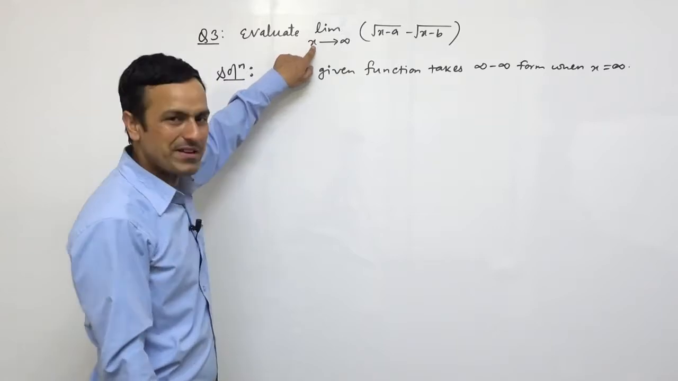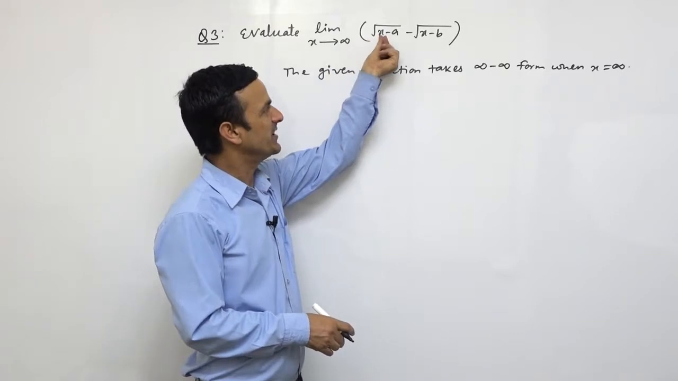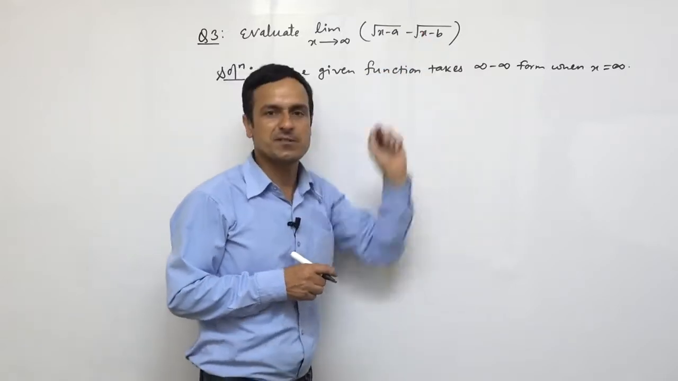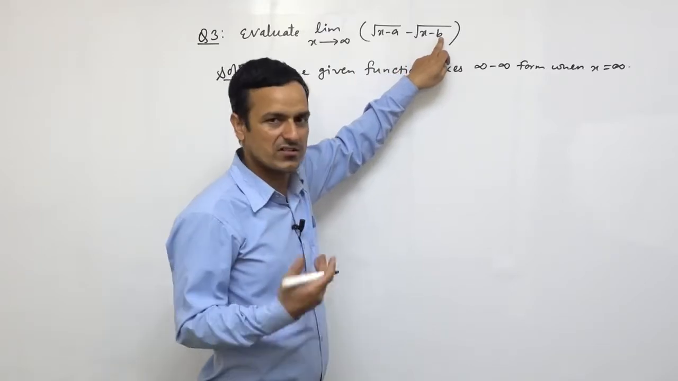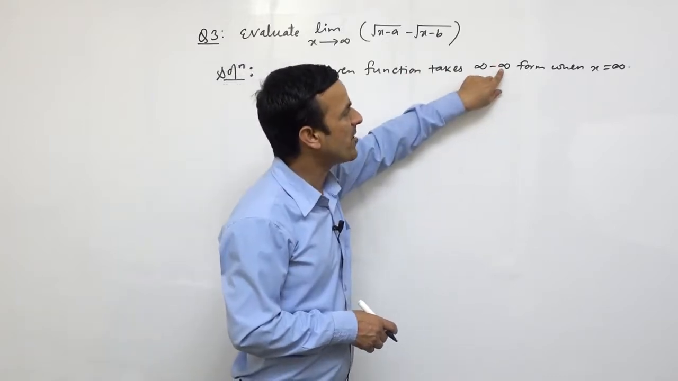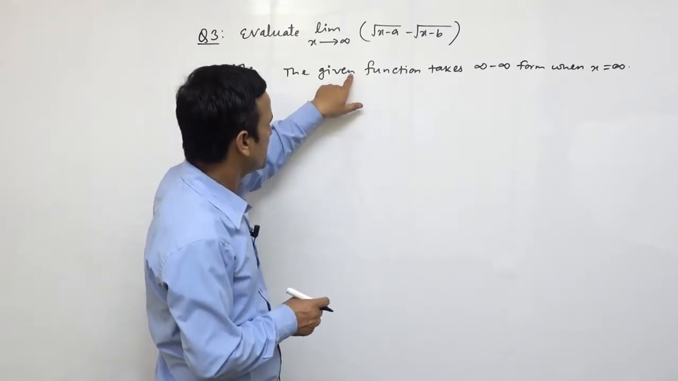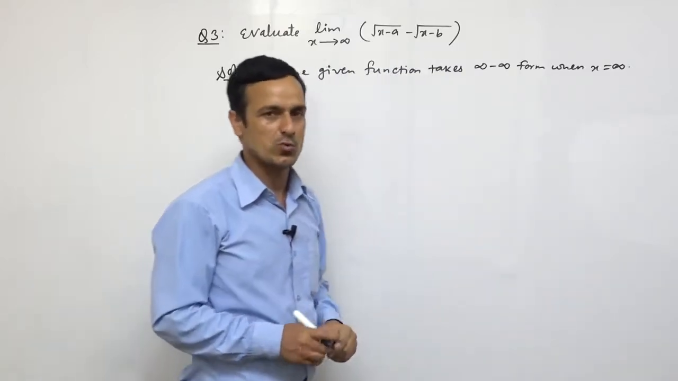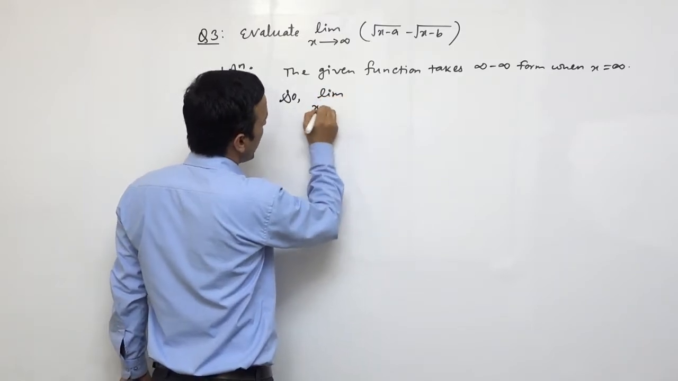So our limit is x tends to infinity, and when we put this x infinity over there, then infinity minus a means it is infinity, and infinity minus b means it is infinity. So the root of infinity is again infinity, so that's why infinity minus infinity. It is the form of infinity minus infinity. So I have written over here, the given function takes infinity minus infinity form when x is equal to infinity. So in this case, we can operate this question by